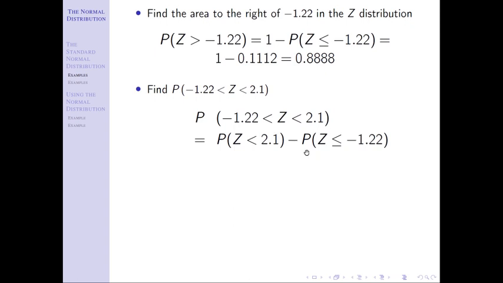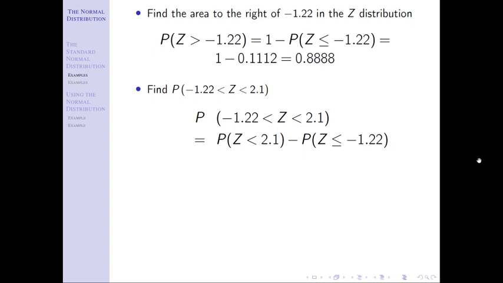Why this works is this is an area in between, clearly, these two numbers. And so if I start off with the probability z is less than 2.1, if you were to draw this out, you would get this picture, except it would go too far. And I hope that makes sense to you, because this is going to have a right bound over here at 2.1 and the left bound at negative 1.22. When I do this, it's going to have the right bound at 2.1, but it's going to go all the way to negative infinity. That's the problem. I went too far. Notice I have too much area here, which is why I have to subtract off what I've accidentally counted extra. And that's the area to the left of that negative 1.22.